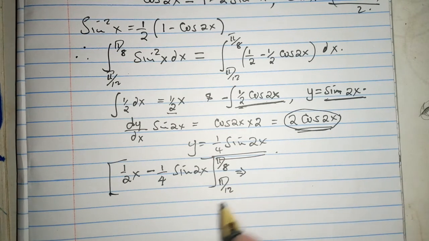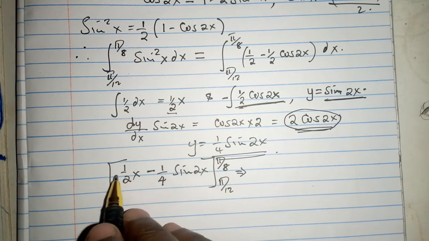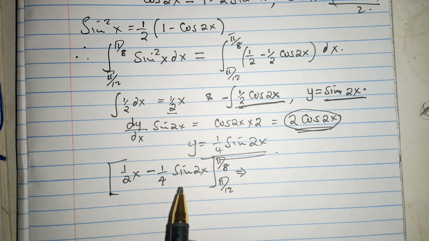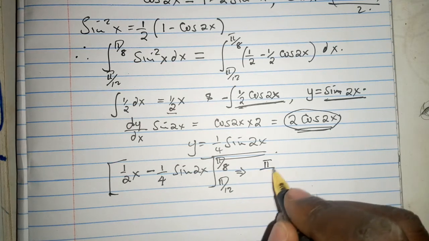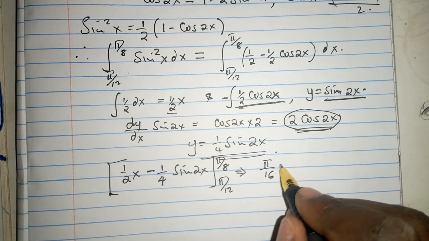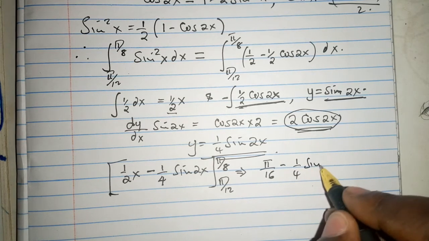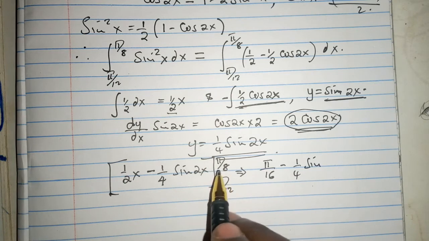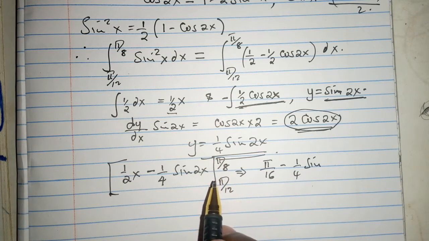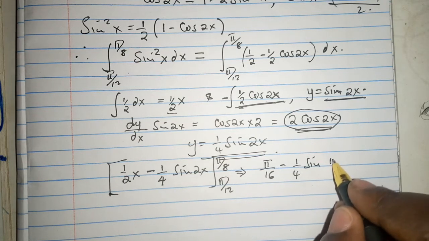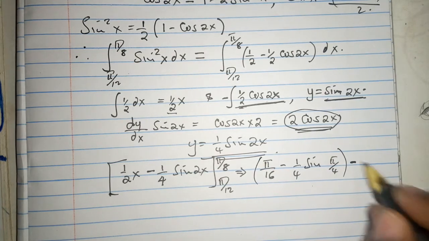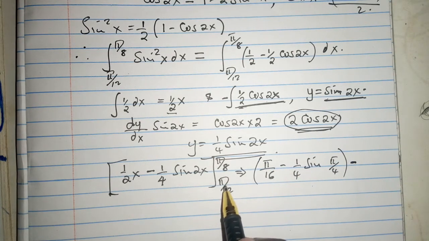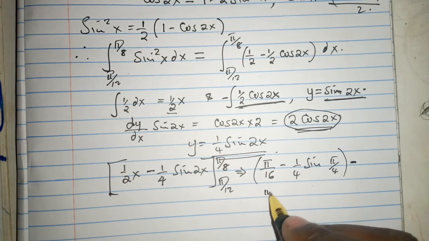It goes without saying. Now we just have to substitute the limits, and once we substitute the limit, the first one becomes, of course, pi over 16, because x is pi over 8. We have pi over 16 minus a quarter the sine of 2x. 2x is 2 pi over 8, which is going to be pi over 4. Pi over 4. This one now we have to subtract. When we substitute with the lower limit, which is pi over 24,